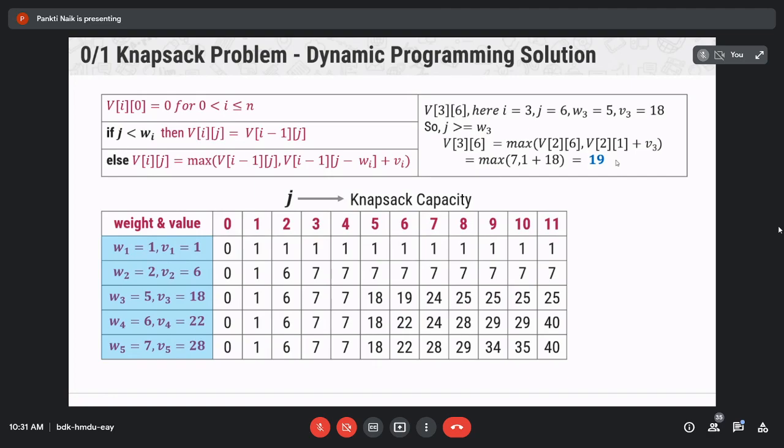And you can solve the knapsack problem with the use of dynamic programming, with the greedy method, with backtracking, right? There are so many approaches that are used to solve the knapsack problem. But if you want to solve the knapsack problem using dynamic programming, then you have to follow these steps only. Right? This is half of the solution. Now half is remaining.